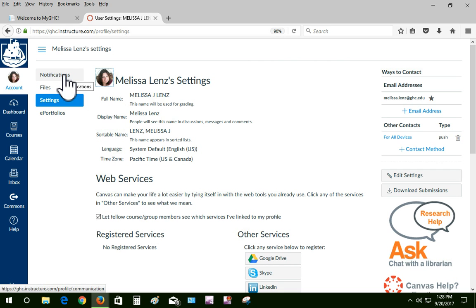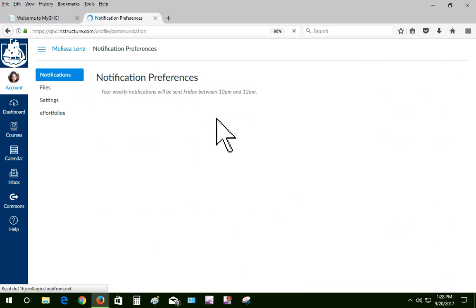We can also find notifications. So by default, you get notified when an